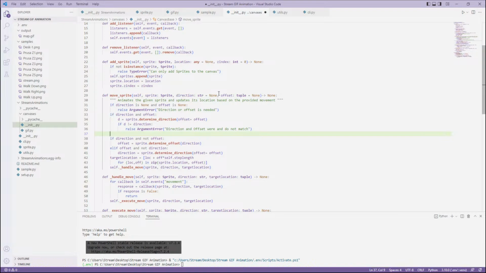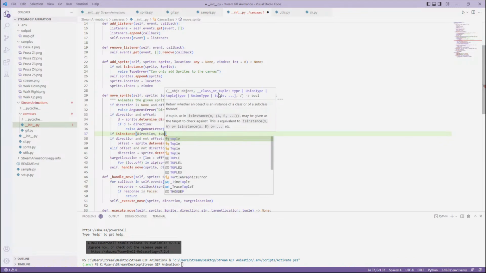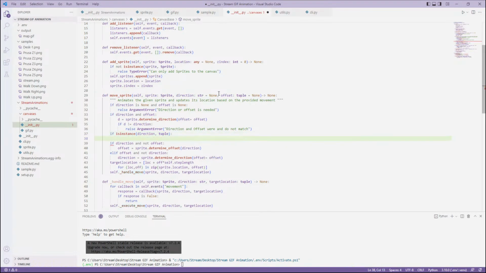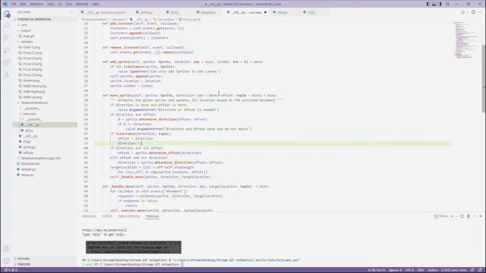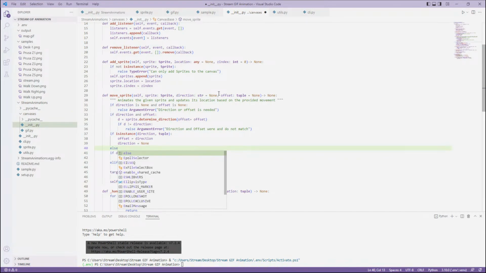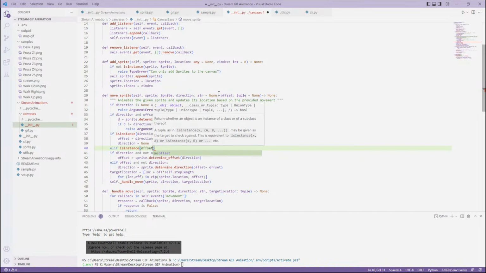If direction and offset, before here, let's say, if is instance direction tuple, offset equals, ignore me trying to type JavaScript here. Offset equals direction, direction equals none. Elif is instance offset